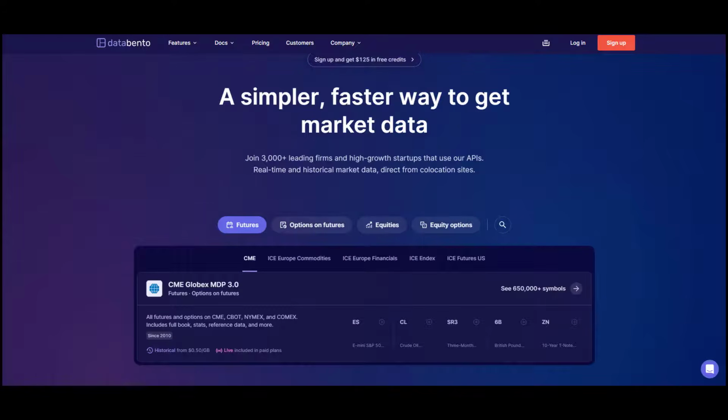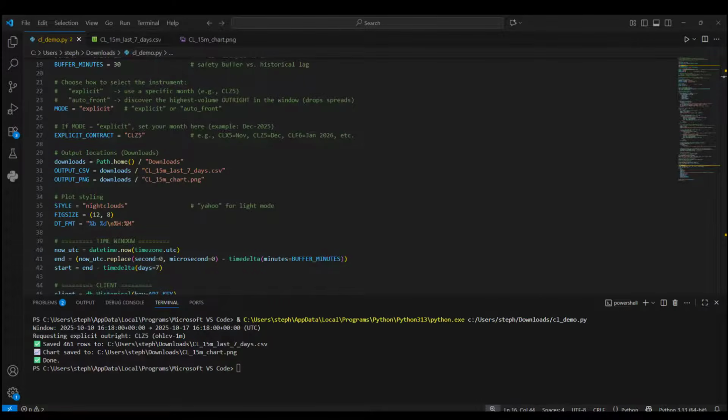So I thought we'd have a quick look at a demo. I'm going to pull 15-minute crude oil data for the past week and just show you how easy it is using Python to get your hands on that data. So I put together a quick code in VS Studio just to pull back from Databento, using the API key they give you, the December contract for crude oil, 15 minutes, last 7 days, but also added into the code to dump it into a CSV file and turn it into a basic